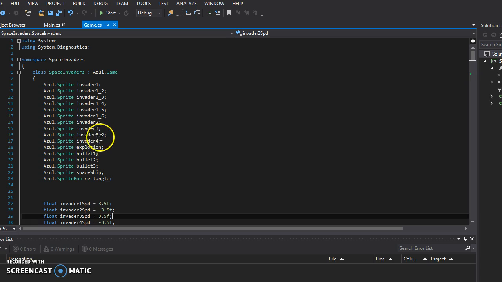We have Invader 4 on its own. We also have an explosion, which is dynamically increasing and decreasing in size and spinning around the screen. We have bullet 1 and 2, which are bullets moving on the side of the screen, up and down the y-axis. Bullet 3 is coming from the spaceship, which is the next sprite object, which is also dynamically increasing and